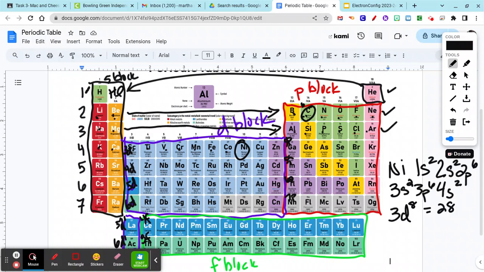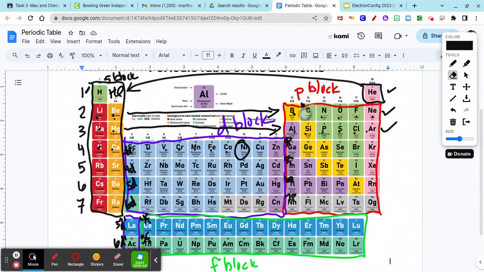Now, those are pretty easy examples. It gets a little bit harder when you get down to the very bottom. So now we're going to do one of those examples. I'm going to erase my carbon and my nickel here. Now we're going to go down and let's try